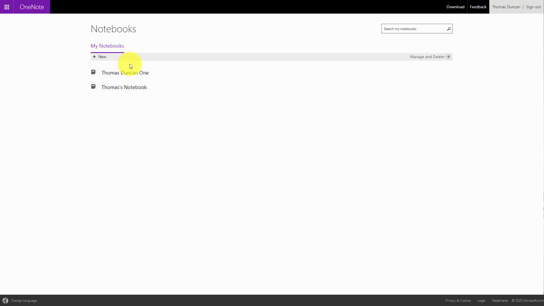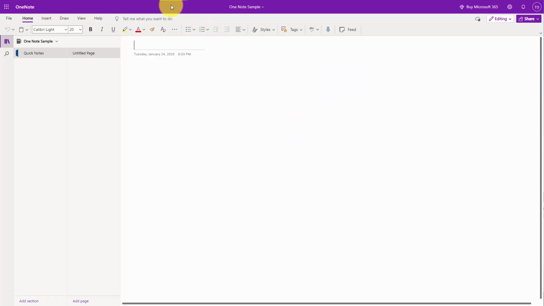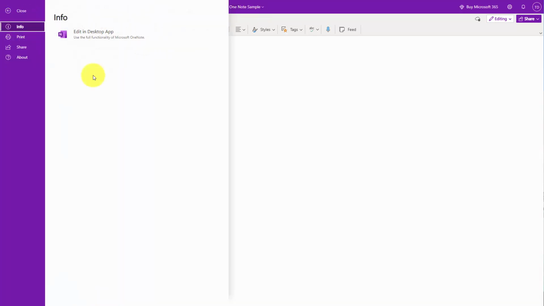And one of the things you'll notice is that Microsoft OneNote does not come with templates because the idea is for you to customize your own information retrieval system inside of OneNote. We will now create a new notebook. Now, OneNote is like any of the other applications. You will be auto-saving to OneDrive. You will have access to your notebooks on your mobile device and anything connected to your Microsoft 365 account. And there is a desktop application where you can operate the same files that you have available in the free